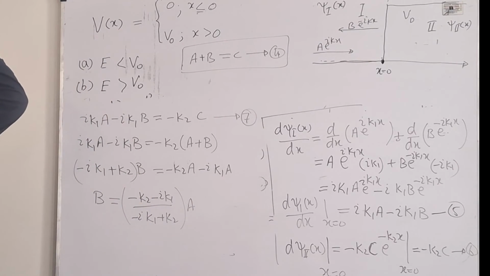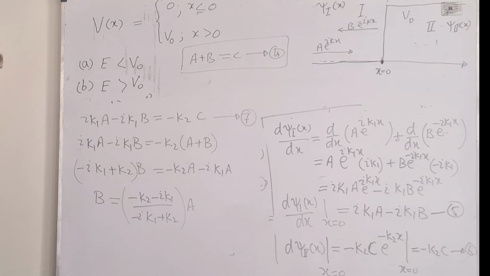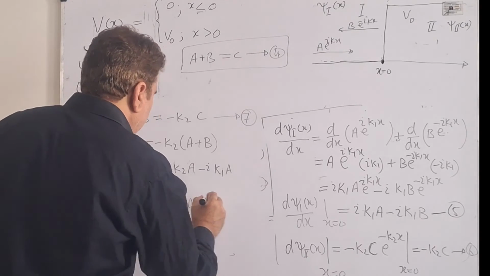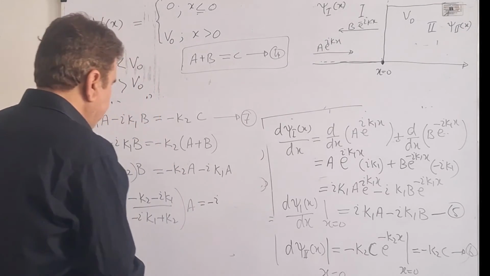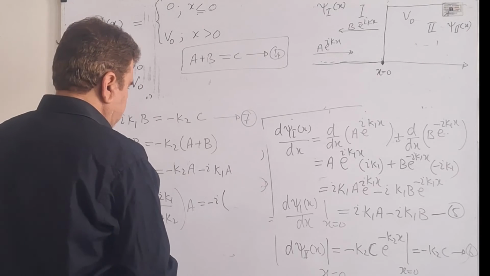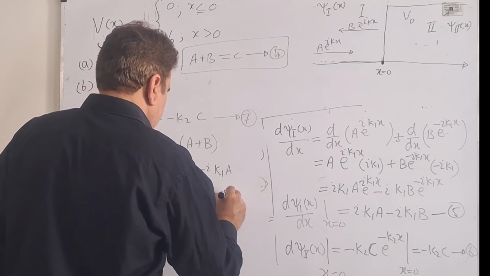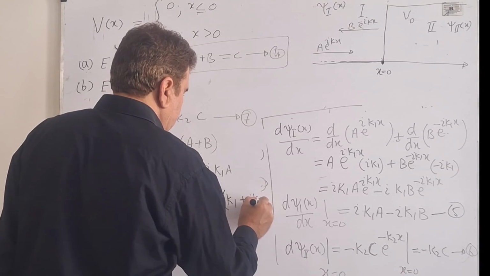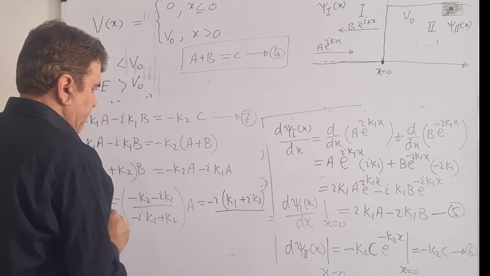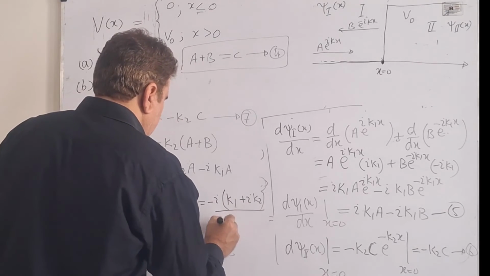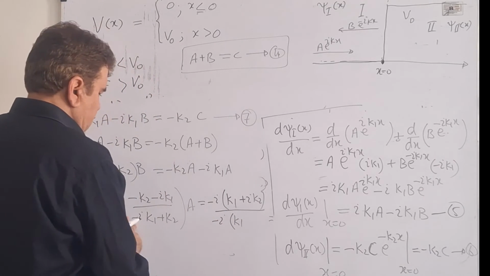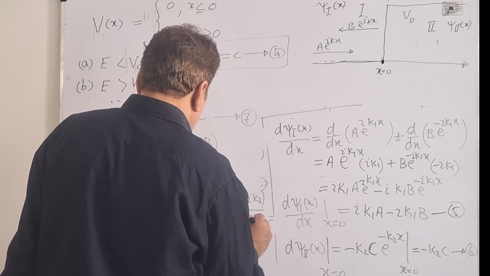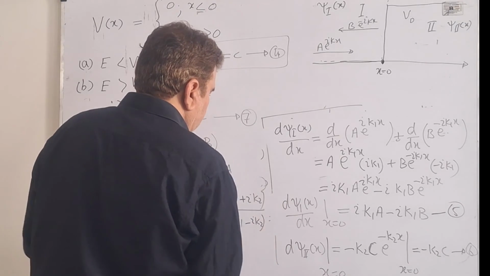Or I can take iota common from the numerator and denominator, and similarly the minus common, to write this into this form, minus iota into k1, and this minus times plus iota k2, divided by minus iota k1, and to make this plus, I would like to write this as minus iota k2, the whole multiplied with